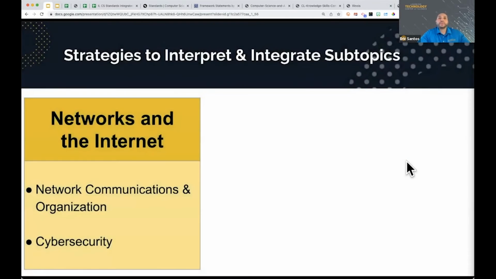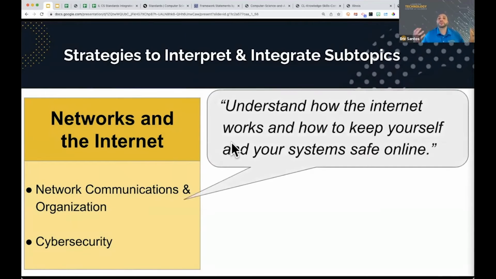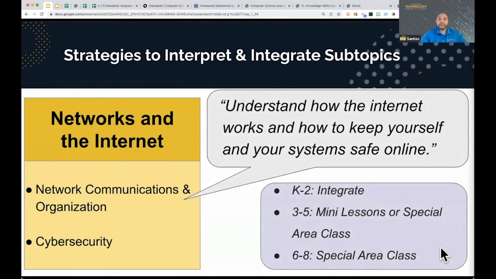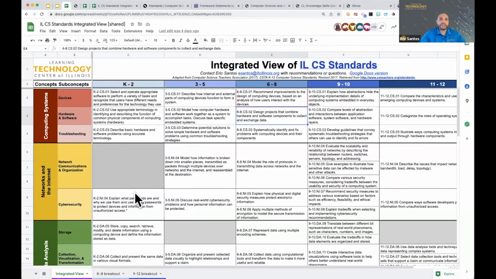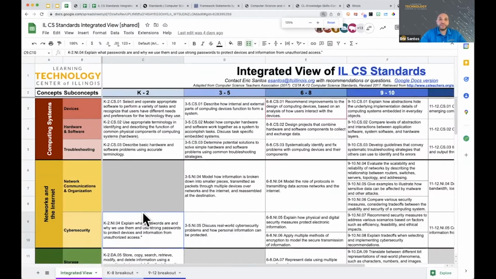All right, the second topic is networks and the internet. This one, if I were to sum it up, I would say this is understanding how the internet works and how to keep yourself and your systems safe online. I'd say at the K through 2 level, you could integrate, again, a lot of this into what teachers are already doing with the device. If we could take a look at what's there at K through 2, explaining what passwords are and why we use them, and so on. I think if you're teaching students not to share their password with others and why they're important, you're in a